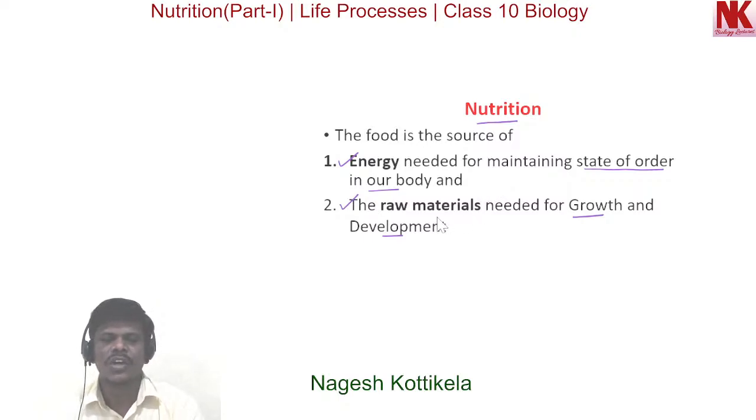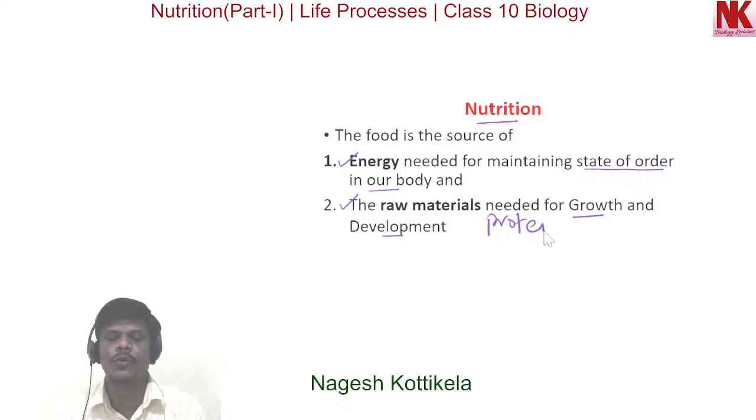During this process of growth, raw materials are needed and they are provided by the food materials that we eat. These raw materials are also needed for protein synthesis and also the synthesis of other complex substances